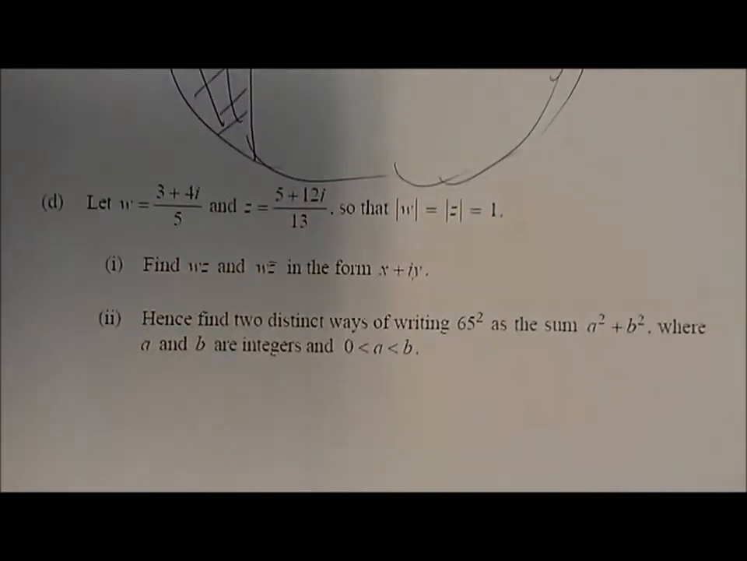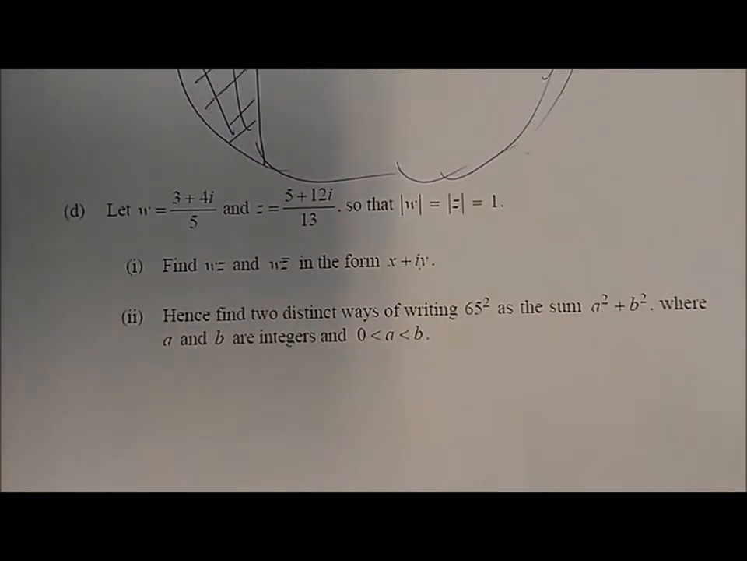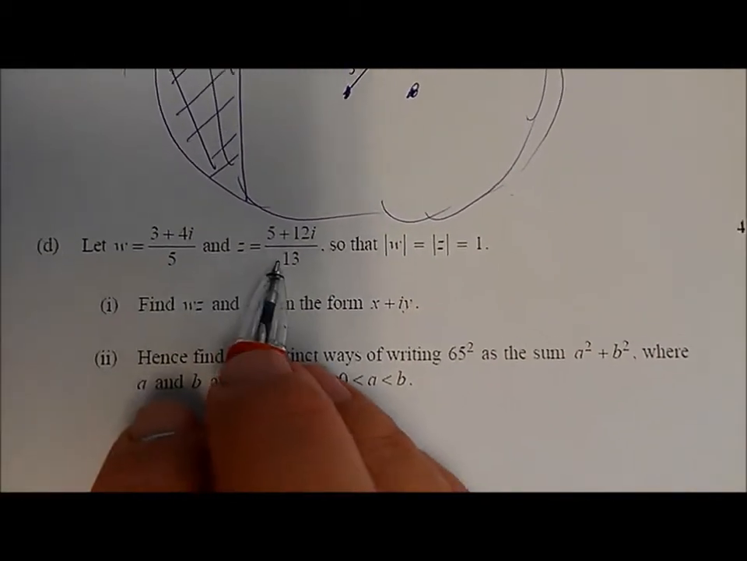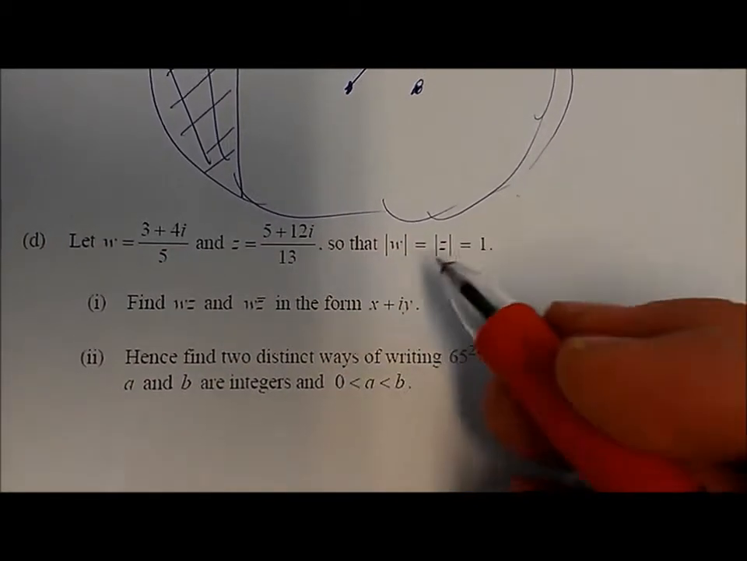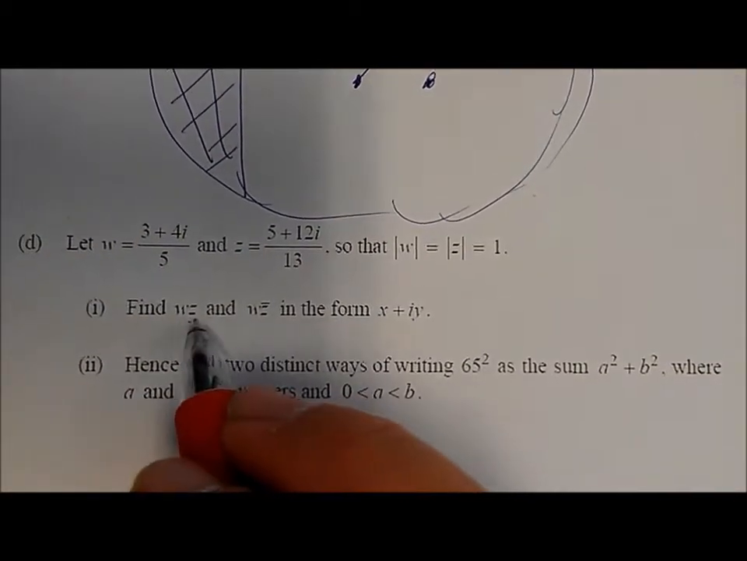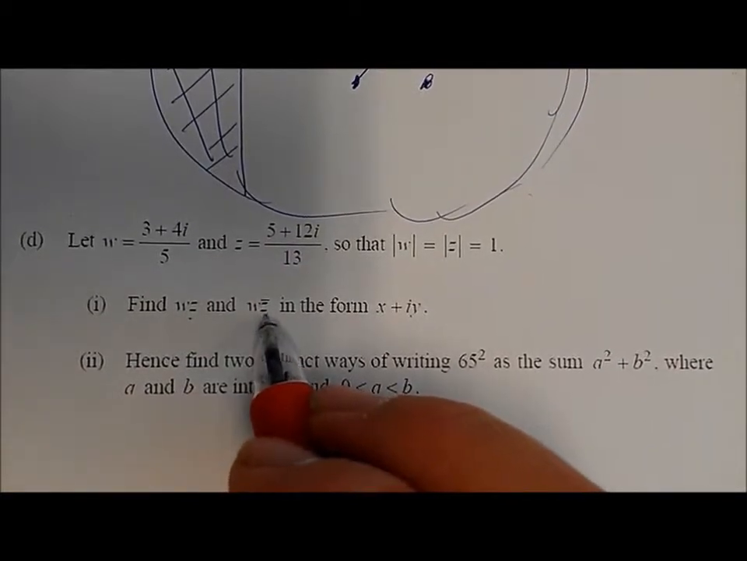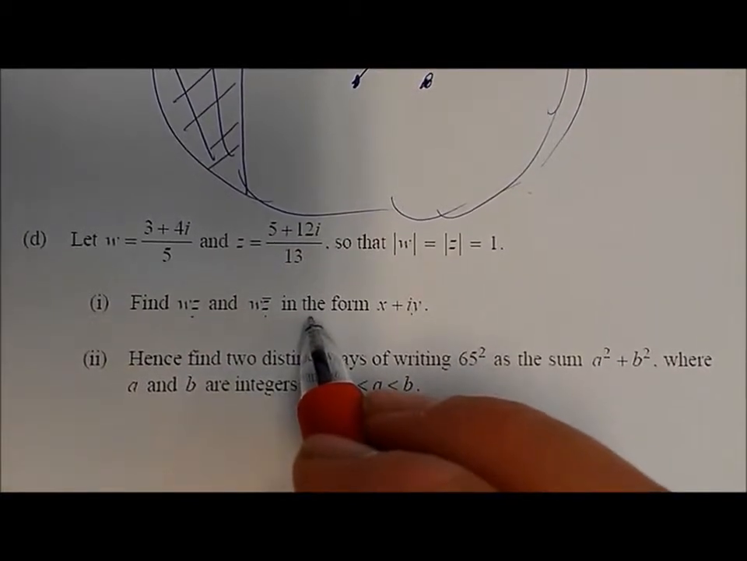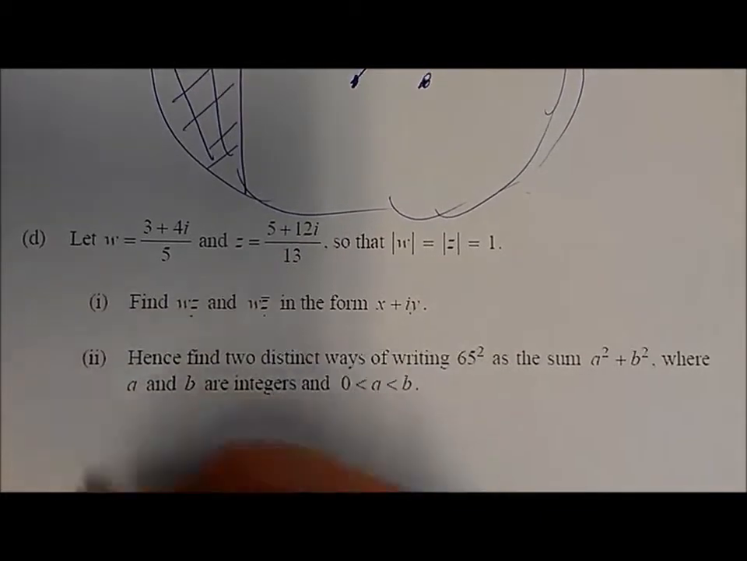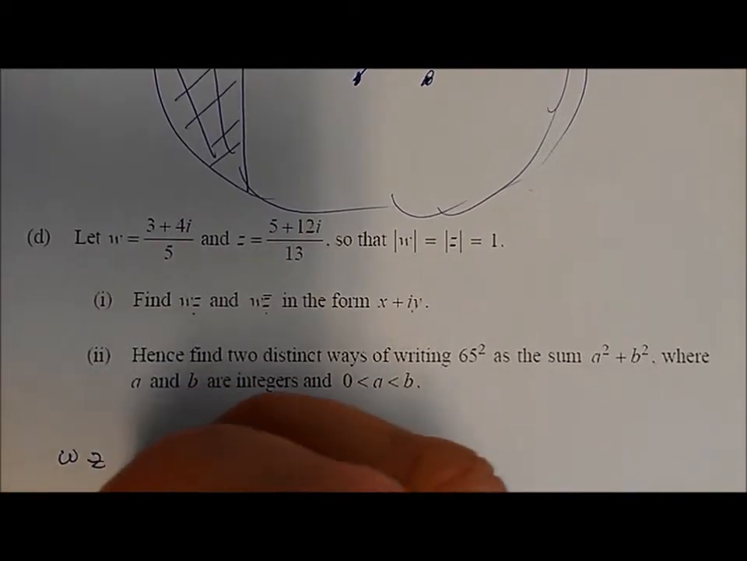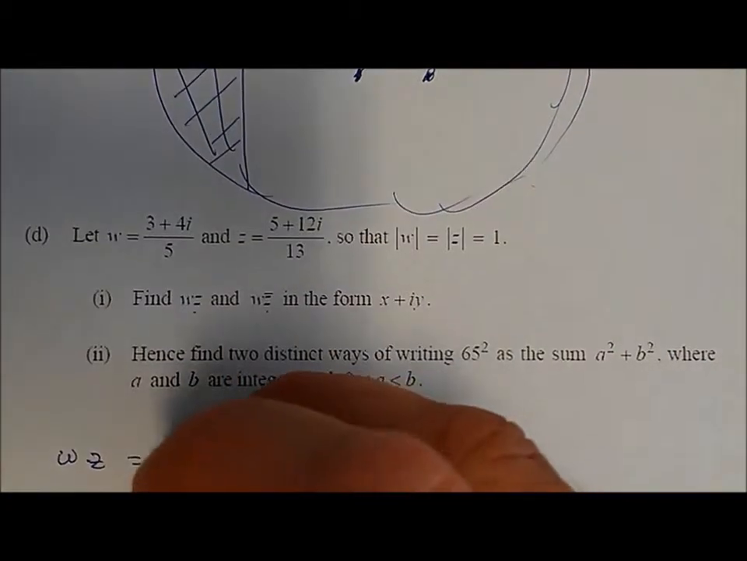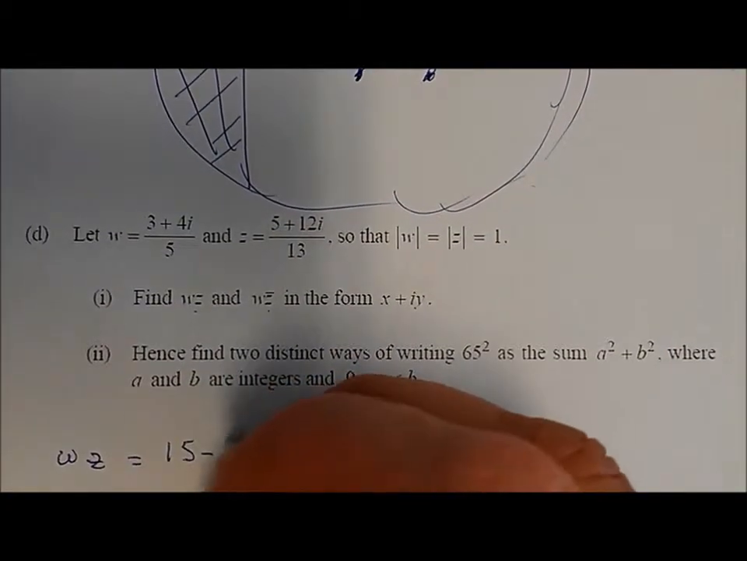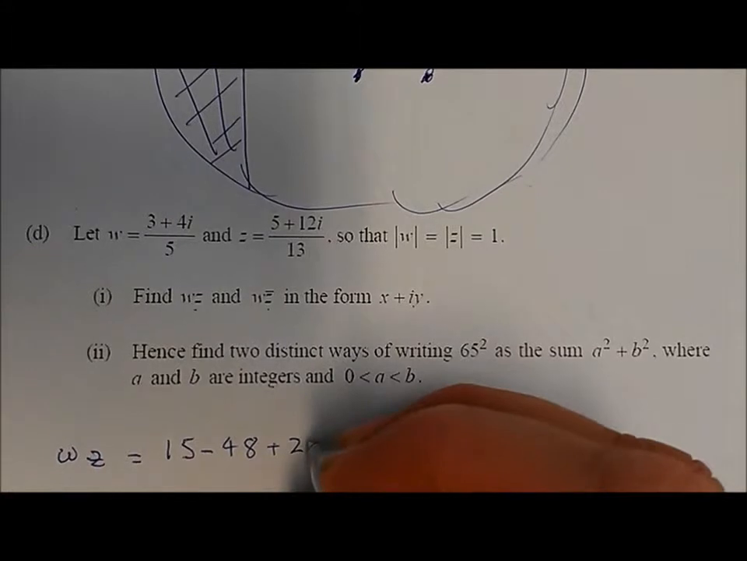Okay, last question. W equals this and Z equals this number. The modulus of W is equal to the modulus of Z, and they're both 1. Find WZ and WZ bar in the form x plus iy. So WZ is going to be the product of these two, and when you multiply these two together you're going to get 15 minus 48 plus 20i